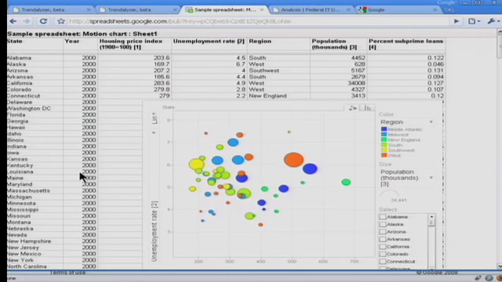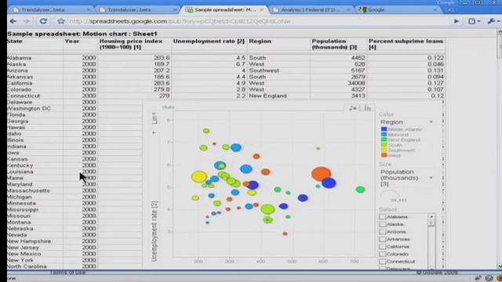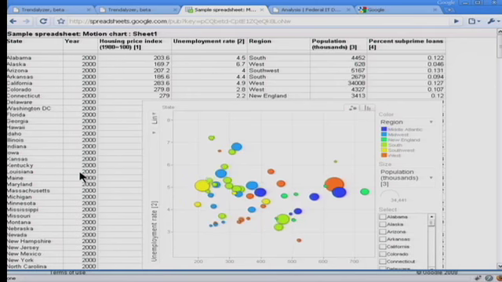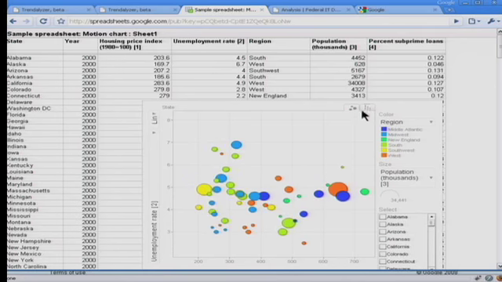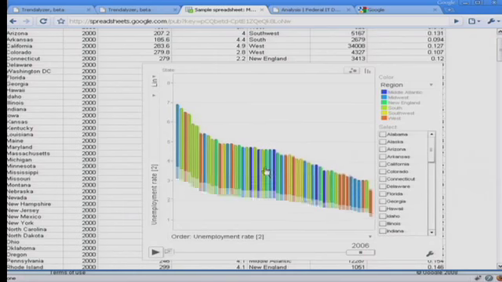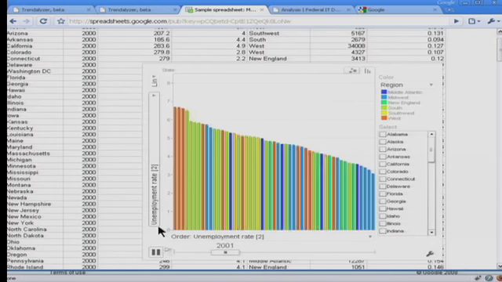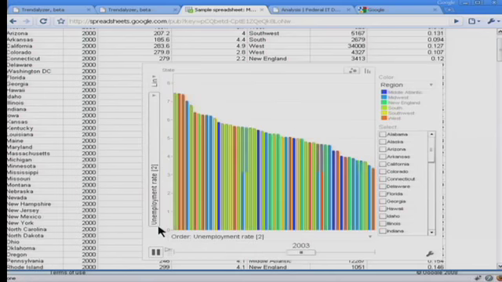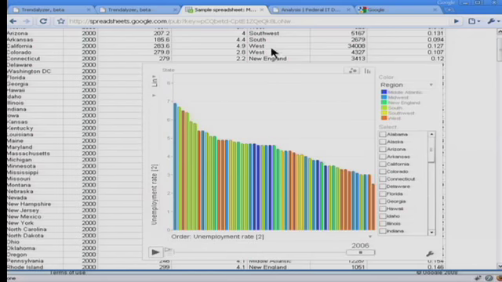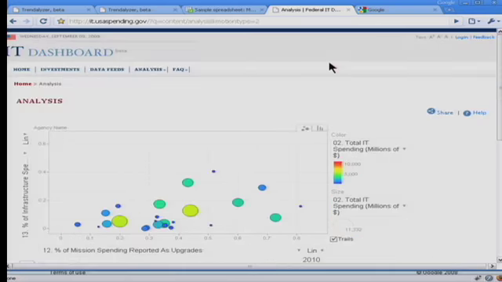It requires long, consistent time series and multiple metrics, so it's pretty unique in that sense. Not all data fits in it. We also added a little bar chart feature, and we keep improving this technology. You can embed this in your web page or just share it with whoever has access to this spreadsheet as well. So we recently saw this ending up on a governmental page, the IT dashboard.